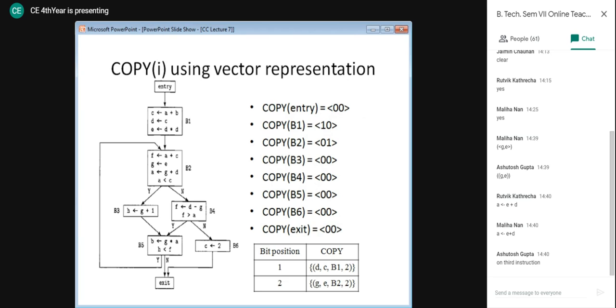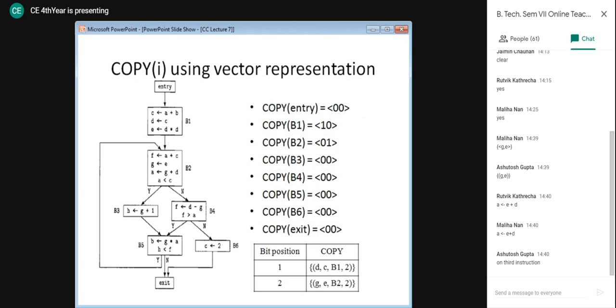Now, what is the meaning of this B1 and B2 where this copy assignment is made, and the last value, that is 2? In both the cases it is indicative of the position in block B1 and B2 respectively, right? So if you have a look at our copy set using the vector representation, 0 0 will be there for entry, B3, B4, B5, B6 and exit.